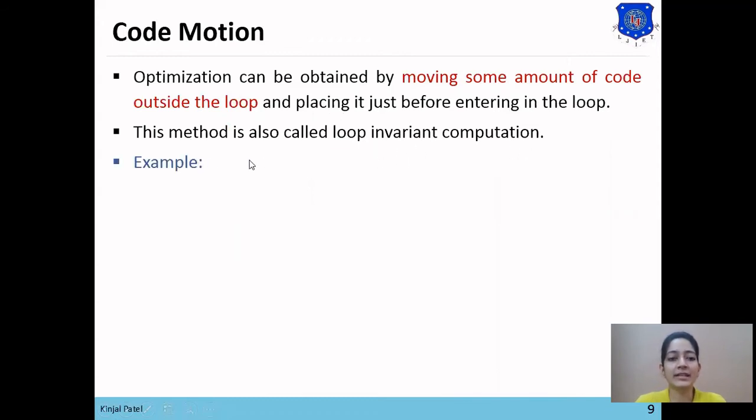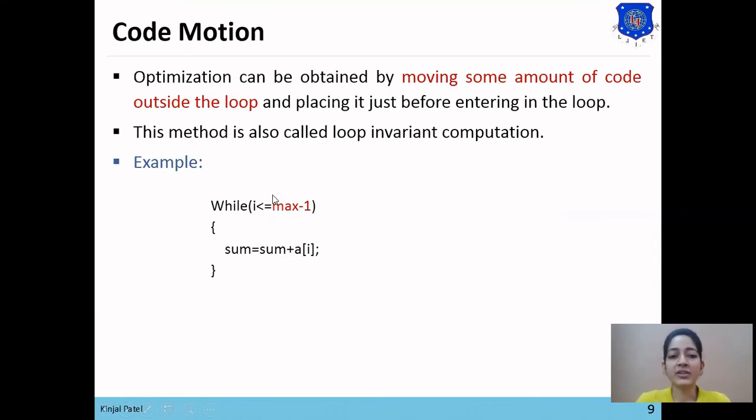Here is the example where a while loop is used: while I less than or equal to max minus 1. If this condition is true, then the loop will get executed and the code is sum equals sum plus A of I. Here you can see that the max minus 1 operation is being computed in this while loop.